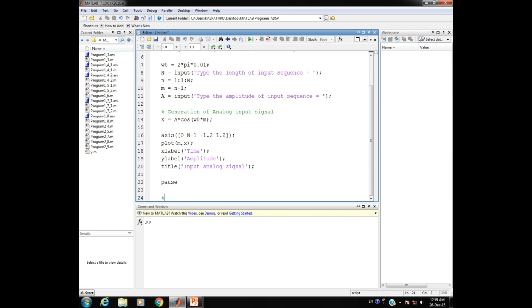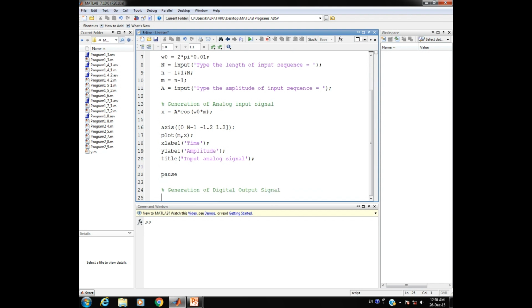So this further part is the generation of digital output signal.